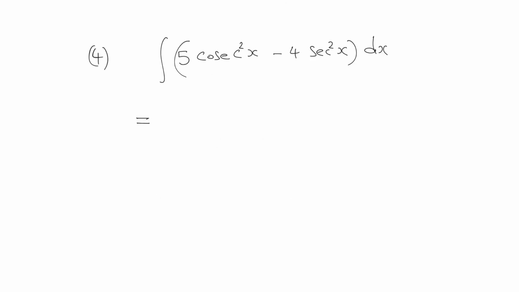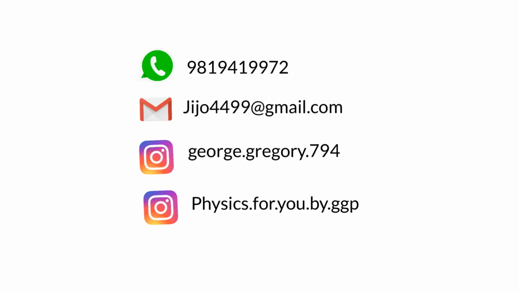It is given integration of 5 cosec square x minus 4 sec square x dx. Over here you can write 5 is a constant. Integration of cosec square x dx is nothing but minus cot x, minus 4 into integration of sec square x dx, which is nothing but tan x. So we can write this as minus 5 cot x minus 4 tan x, plus constant of integration c. Hope that you understood how to integrate